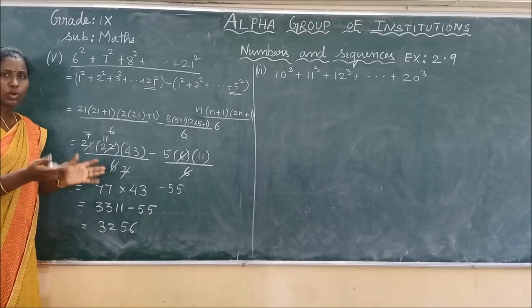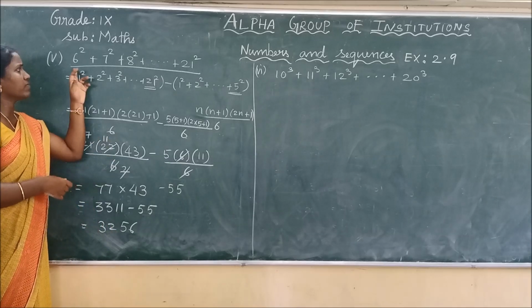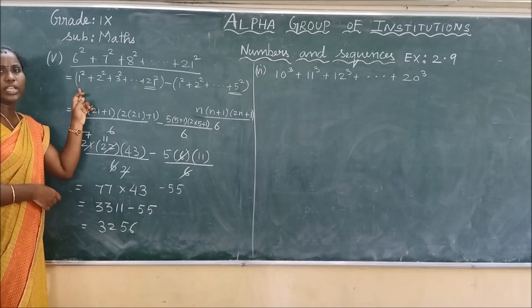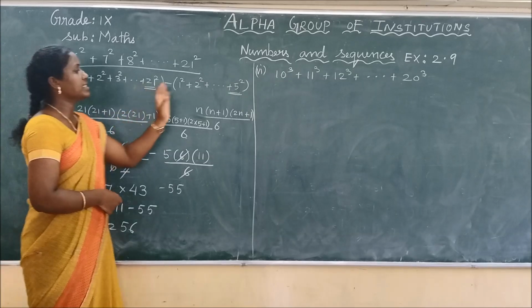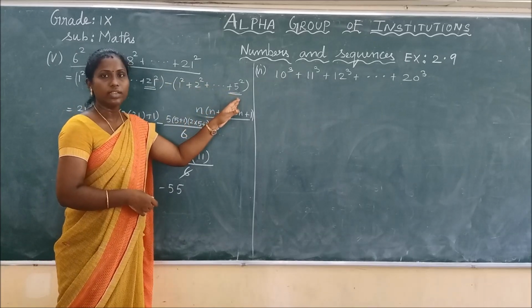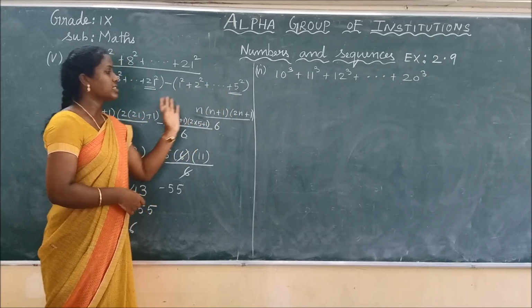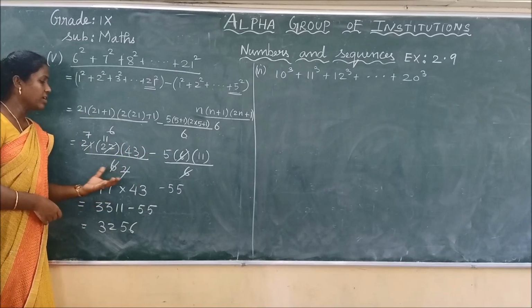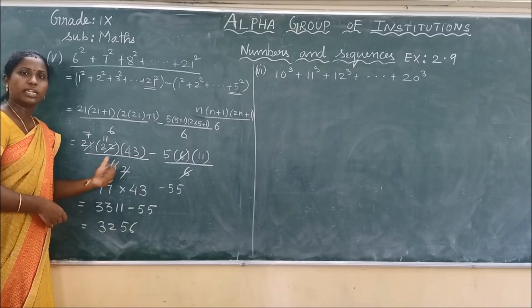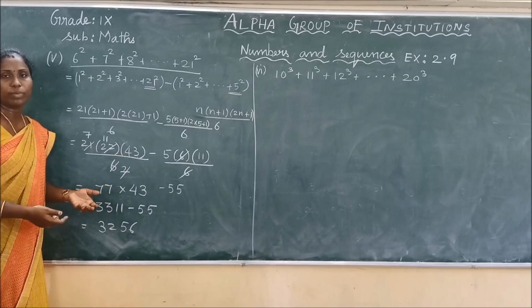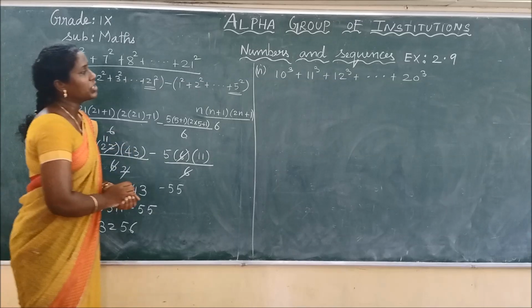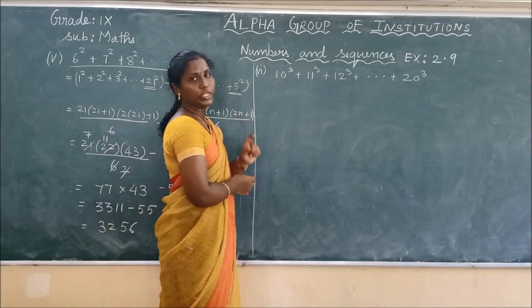So whether it is cube or square, whenever the series starts from the middle, just use this logic. You have to take 1 to the last value and subtract the numbers not given in the series. Just use the formula and calculate in your own way. You can multiply and then cancel, but cancel in your own way, whatever you multiply. Just find the value.